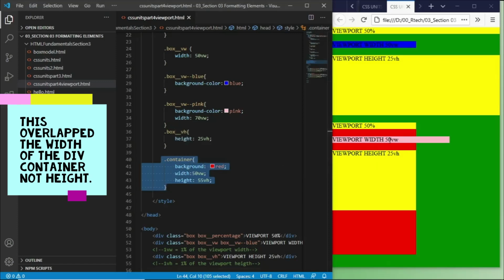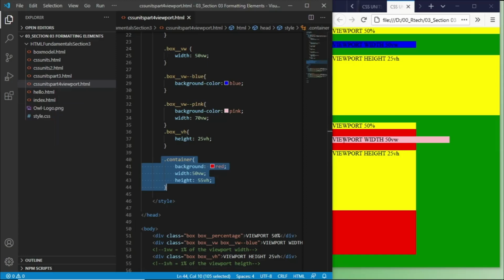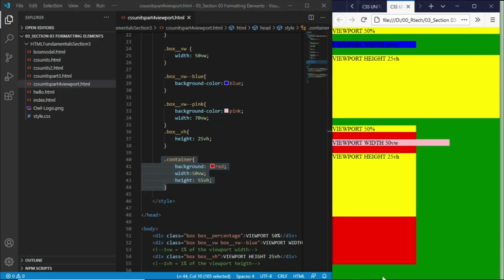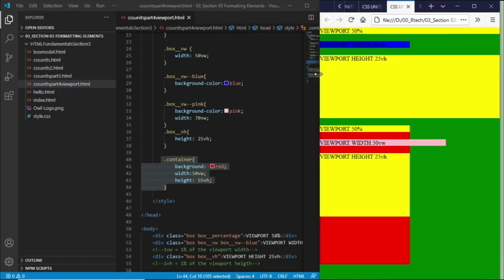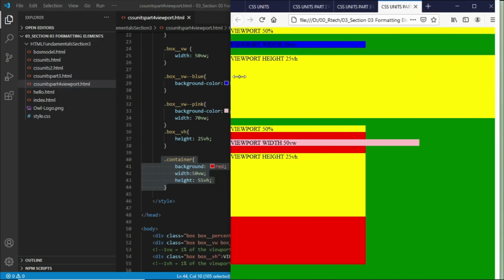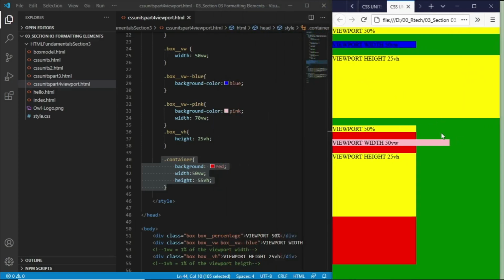So it's not depending on the size of the container, but it's depending on the size of the screen that displays the content of the browser. So as we can see here, we have resized it and it's adjusting based on the viewport width of the display of the browser. Now let's compare this with the viewport divs that we have here